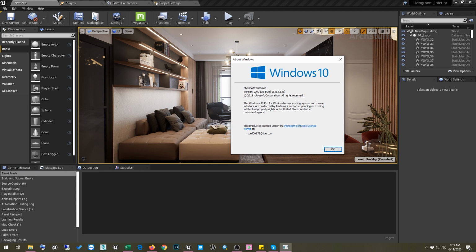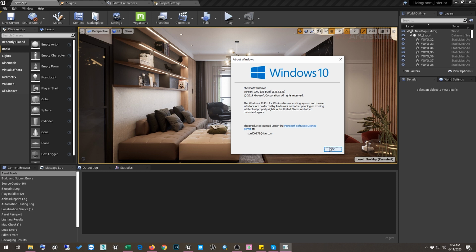But if you have Windows 1809 or maybe 1803 also, you can work in ray tracing and ray tracing will work on your Windows, so not a big problem. But you have to make sure that your Windows version is above 1803. So once you are confirmed with which version of Windows you are using, after that what you have to do is cross check the DirectX version of your PC.